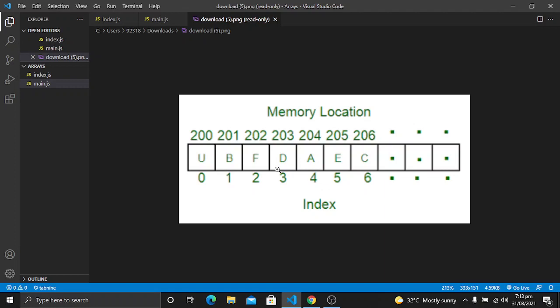Arrays hold the data in contiguous memory locations so we can easily access them. So if you know the indexing of any of the items, you can easily access the items before it or after it. So in this way you can access the items easily, and we will perform all of these methods in our code when we will start coding.